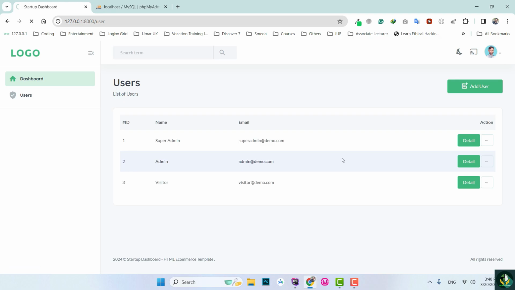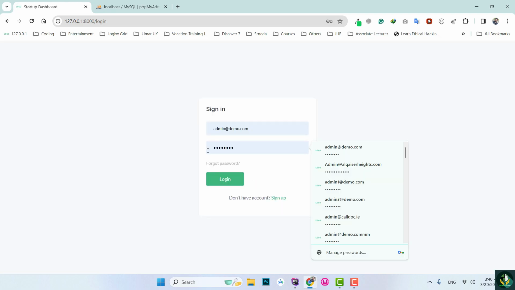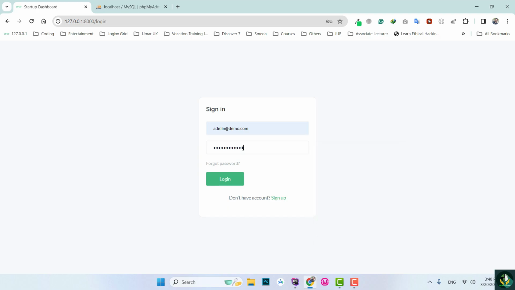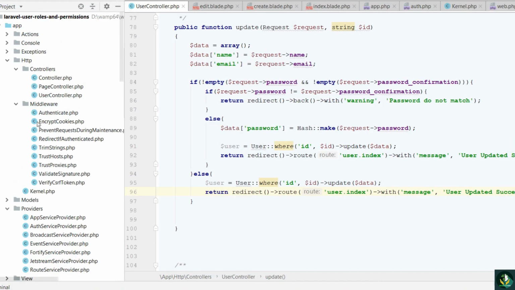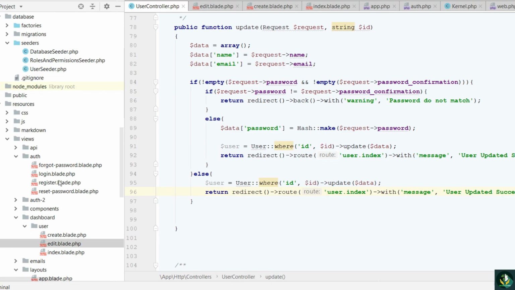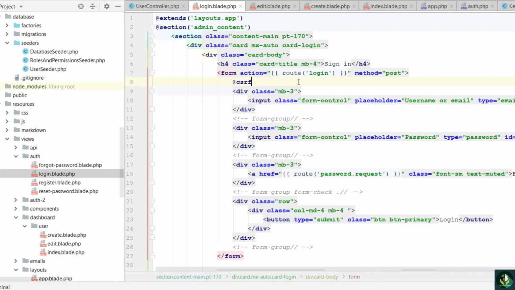Let's log out and simply type a random digit. Click on this login. It's not logged in, but nothing is showing any error. So let's go to this auth login, and here simply